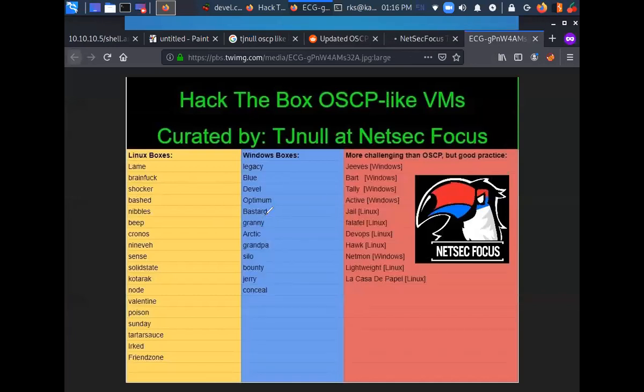Okay. So we are done with these 3 machines here. You can see. Okay. Next, we are going to do either the optimum, or we are going to look into some kind of a Linux box. We'll see. I have not decided yet what I'm going to cover in the next session.